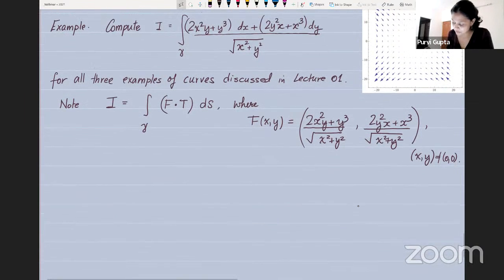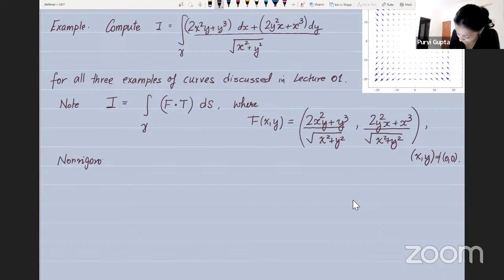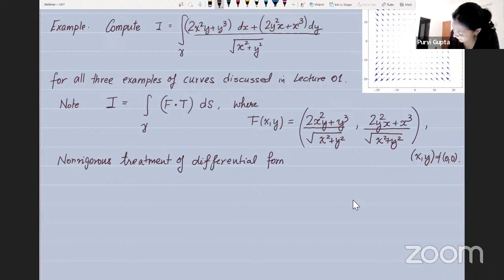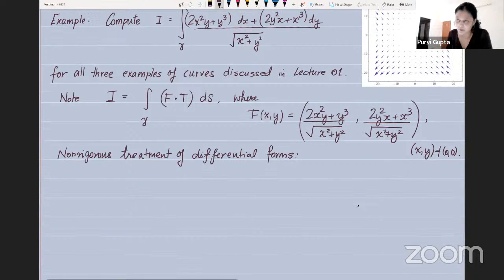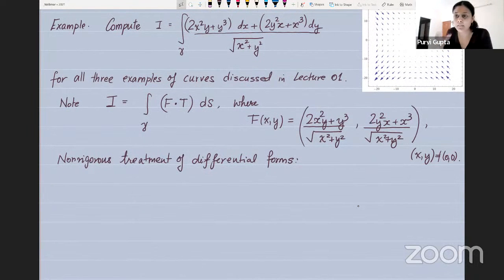Okay, the second thing I want to mention over here is this notation of dx dy. This is a non-rigorous treatment, but it's very, very useful. This is a non-rigorous treatment of differential forms. So these dx, dy are what are known as differential forms. I don't want to go into the theory of differential forms, but here is the reason why we sometimes write it in this notation. So on the curve gamma,